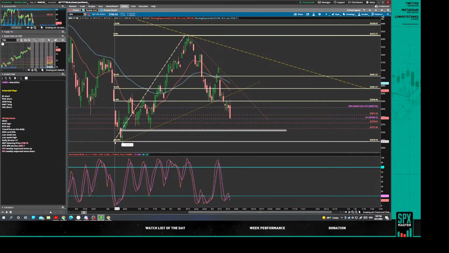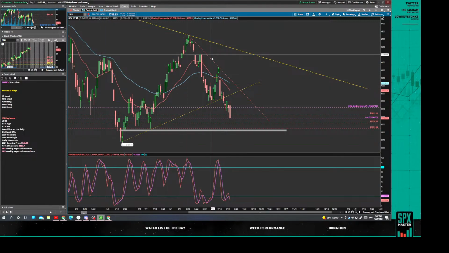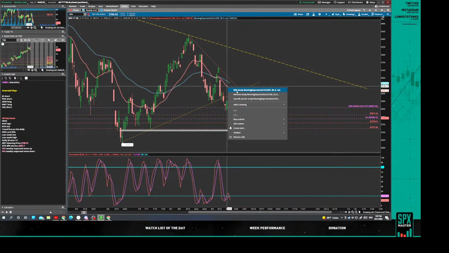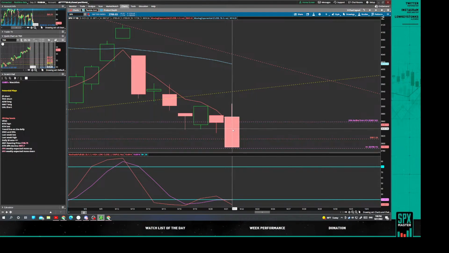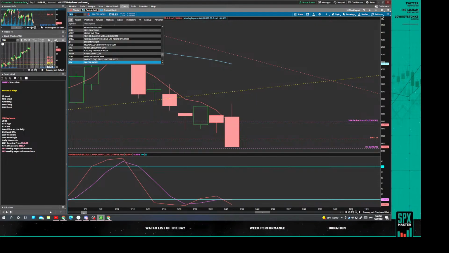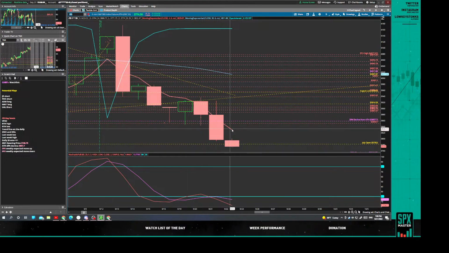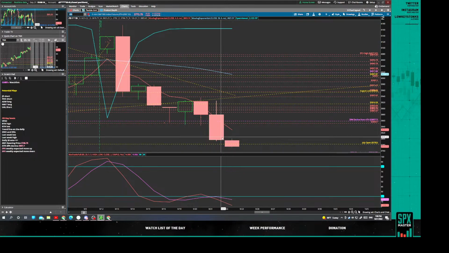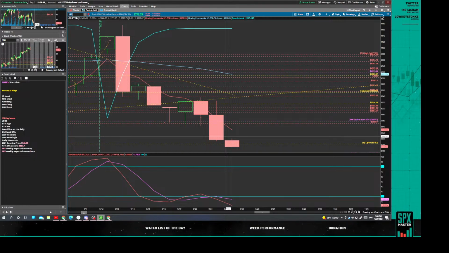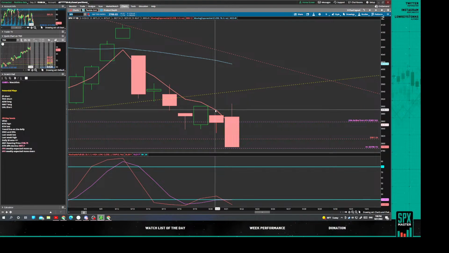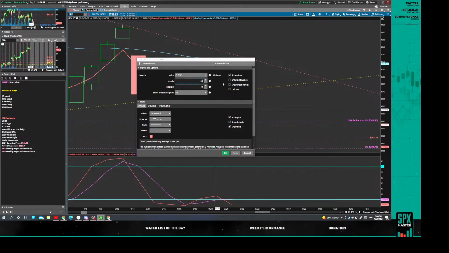Right now we're a little bit extended. Let me see where the price is from the 4 EMA, because the 4 is an indication of strong short-term trends. Yeah, we're extended on the 4 EMA right here, so we might have a little bit of upside so we can hit this, or the EMA is gonna catch up to us. I gotta go back to SPX. I just wanted to see the new daily candle on futures.